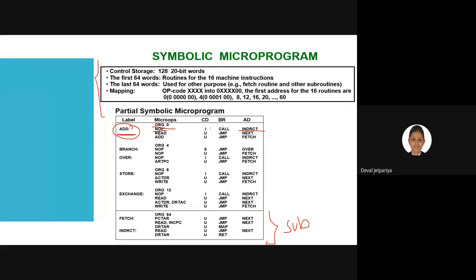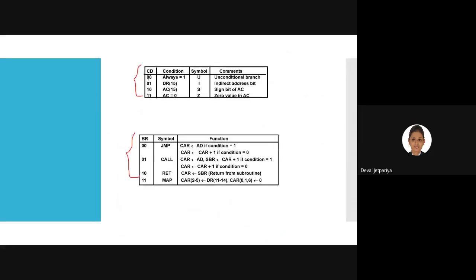For that the condition bit I is active and in the branching field CALL is active. How can you identify this from here? The I bit of the condition field, that means 01, is nothing but the indirect address bit active, and CALL is used whenever we need to invoke a routine from our subroutines.